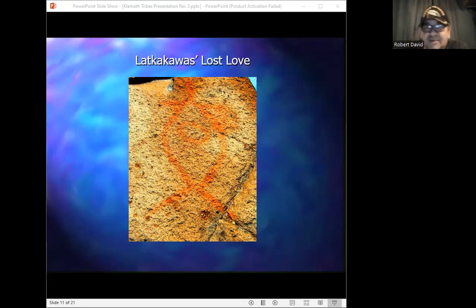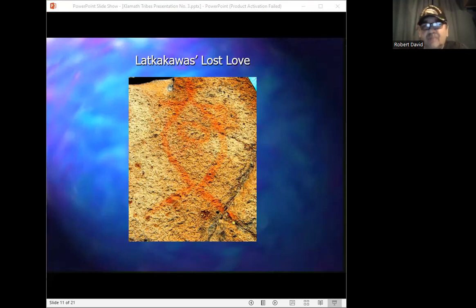And thus it provides the site with a strong metaphoric connection to Kamokamsh's power to cure with the use of the sun disk. Essentially, it validates the sun disk as a supernatural curing tool. So this site is a medicine site whose function and whose validity is underscored by the presence of Lakakawas' resurrected lover.